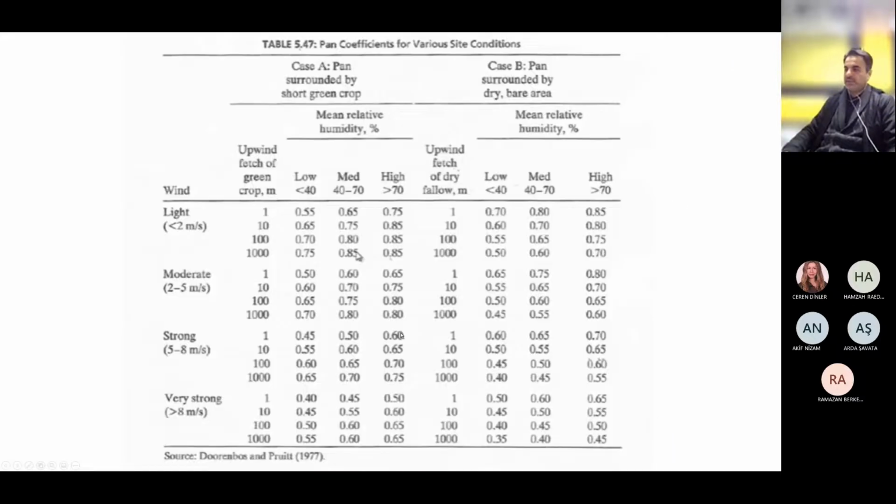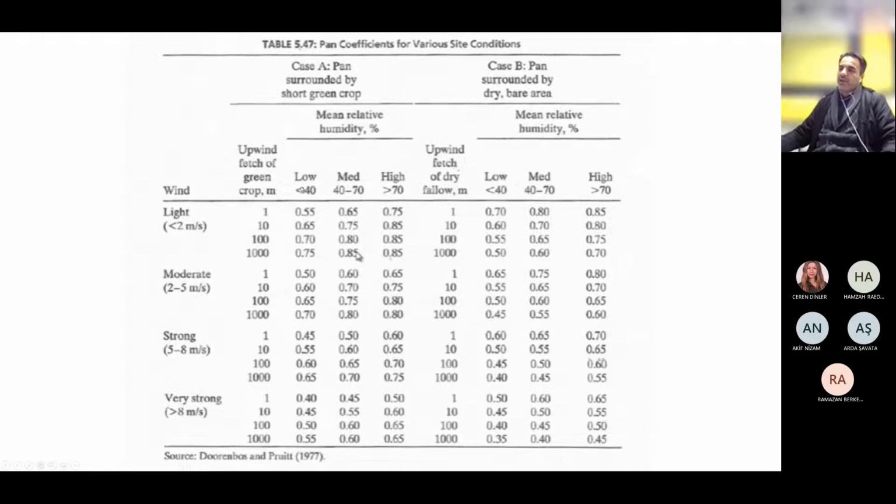Here you see a table that shows how you can select pan coefficient, Kp. You see, for example, for case A, a pan surrounded by short green crop,